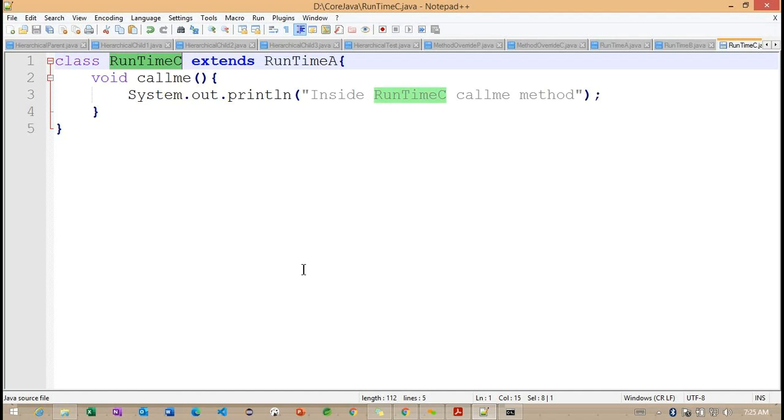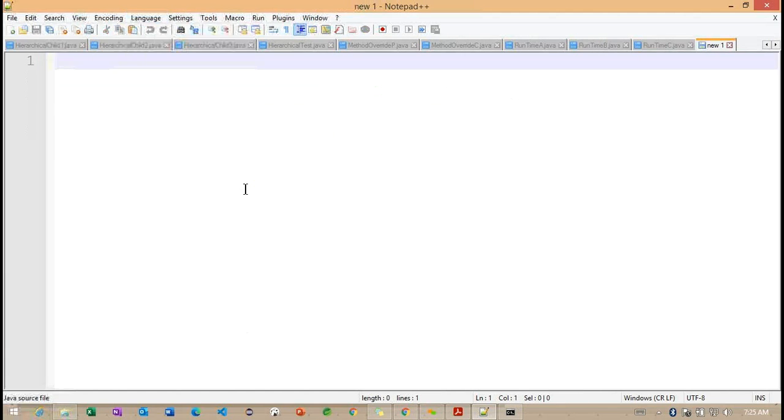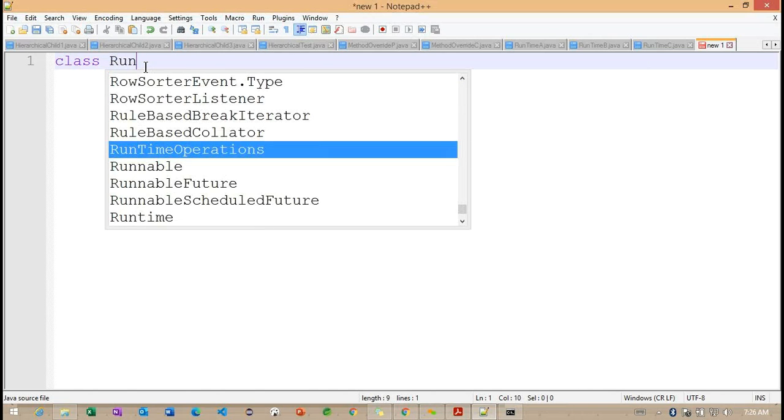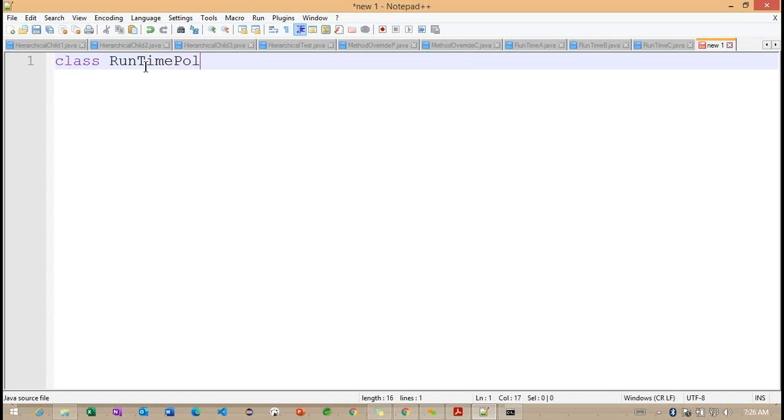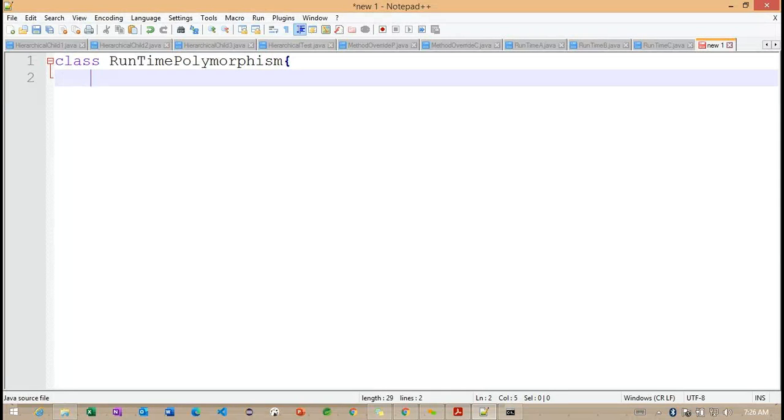Now we'll check with the main class here. So what is the name of the main class we can work with? To check with this, we'll try the runtime polymorphism here.